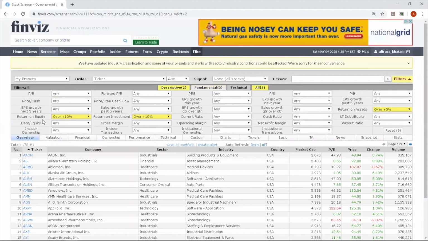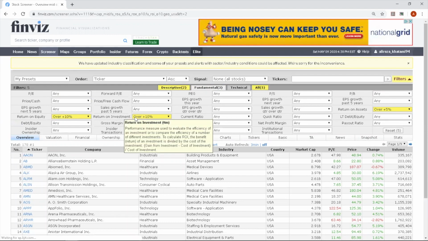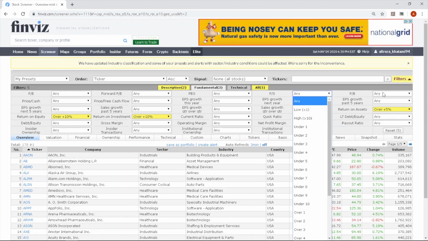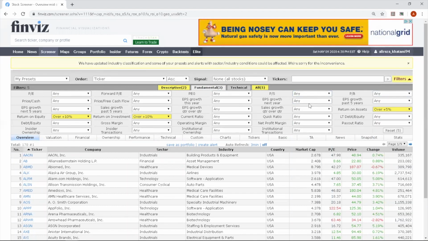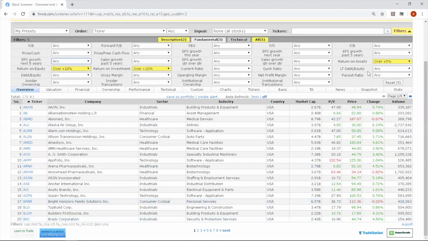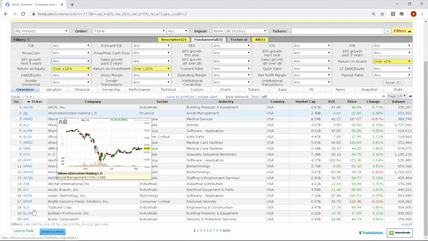So you put in return on equity, you do over 10%, return on investment over 10%, return on asset 5%. You put the PMS, you put the PMP. You look at the next 5 year results here, EPS on the next 5 year, and then you get a list of the stocks. Okay, so based on the things that I just put in,